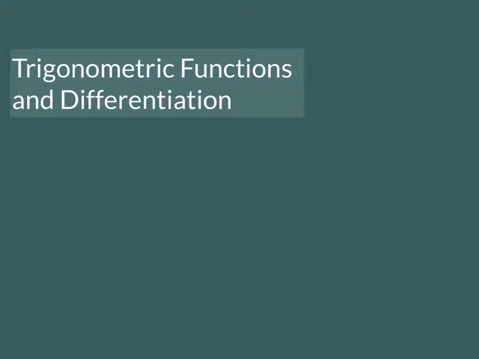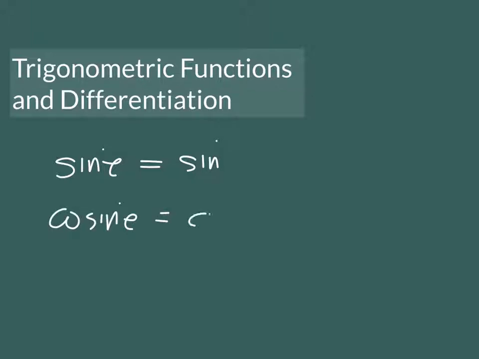Okay, so in this set, we will be talking about how to get the derivatives of trigonometric functions. Let's start by recalling the 6 trigonometric functions. What is the first? Sine, which is abbreviated by sin, cosine, cos, tangent, tan, and then